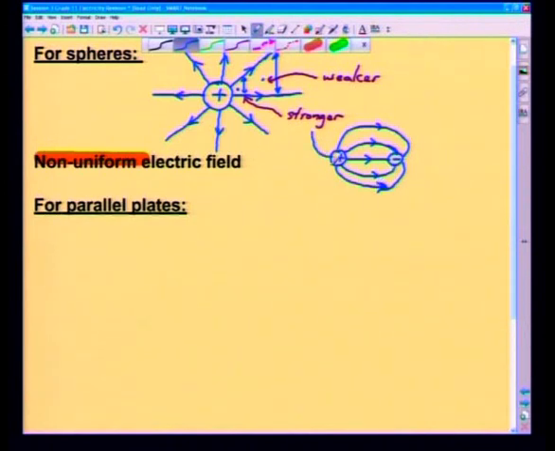Now, if you look carefully at the field lines here, you can also realize that we have the attraction shown between the positive and the negative. The attraction, which is the electrostatic force existing between two charges that are not the same,